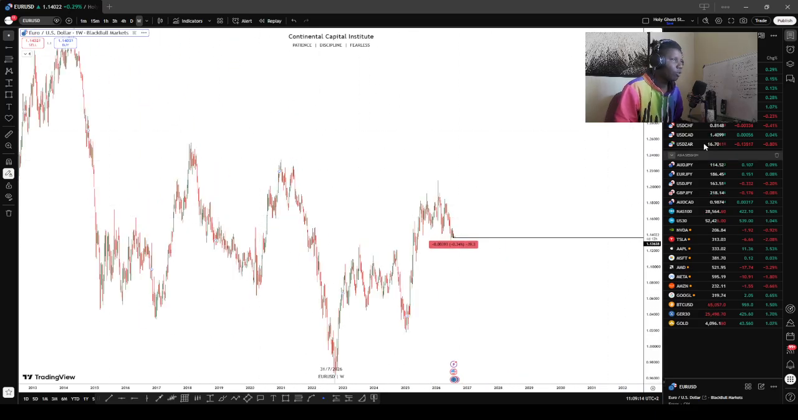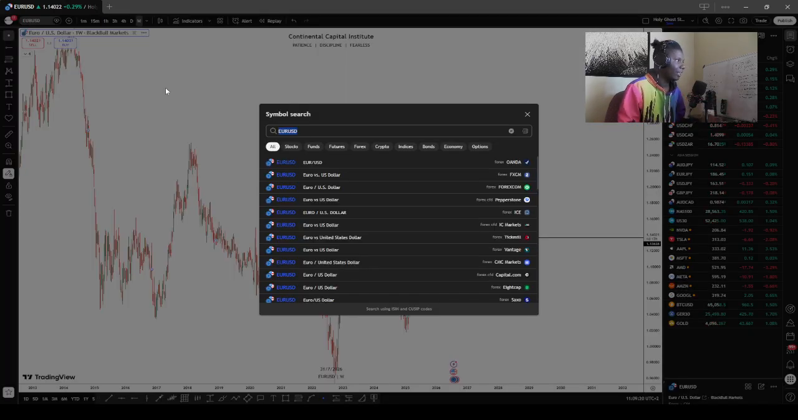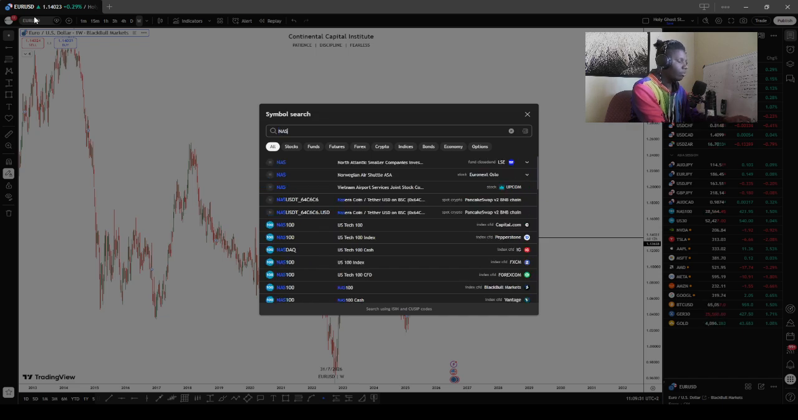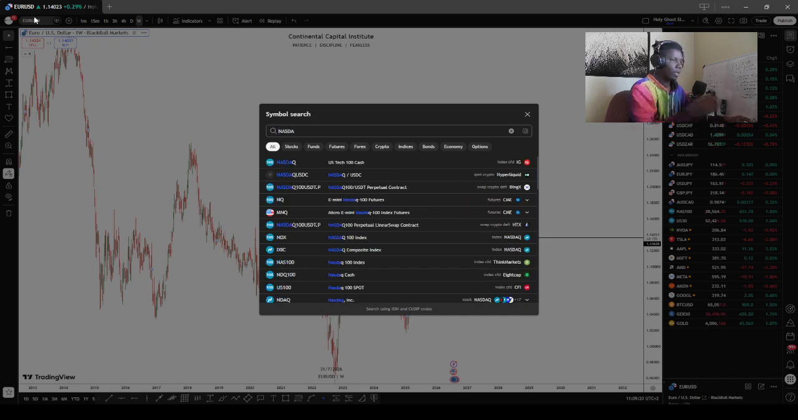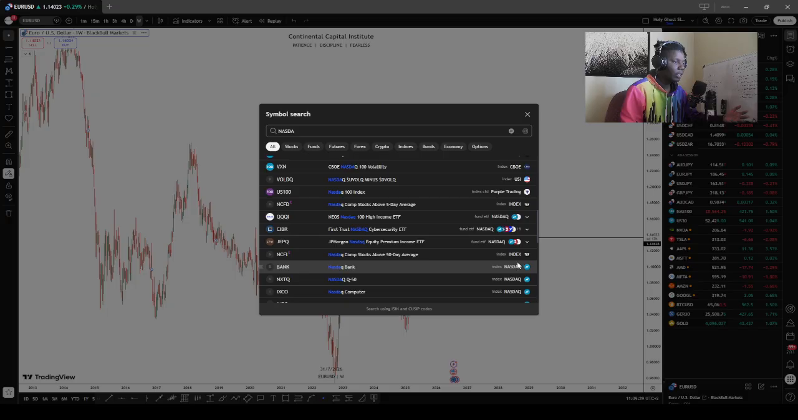So let's say that you don't want to add anything to your watch list, but you want to search a certain instrument. Okay, so you can still search by clicking on this top corner without adding it to your watch list, and you can just write the name of the instrument. So maybe I'm looking for Nasdaq. Okay, so I can click Nasdaq, and then here it shows us different brokers or companies that are providing the